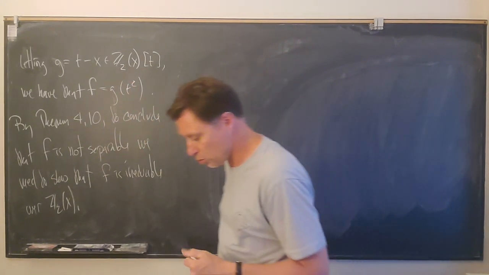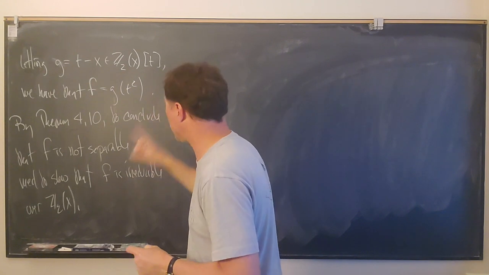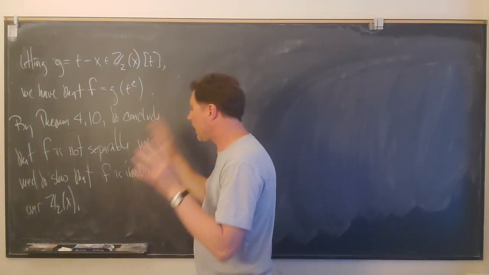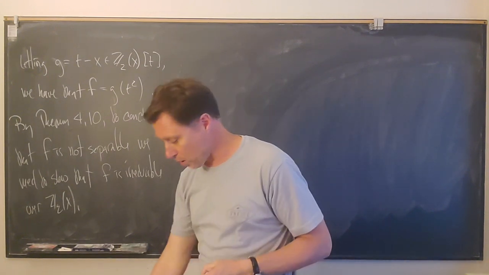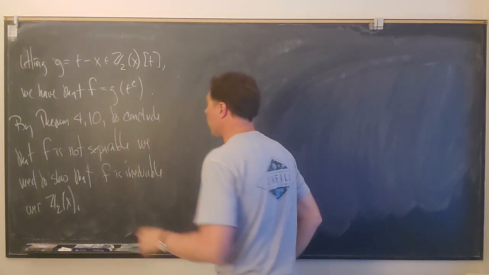So here P is equal to 2. Okay, so the goal now is to show that our polynomial is irreducible. If we can do that, then we can conclude that F is a non-separable polynomial. All right, so